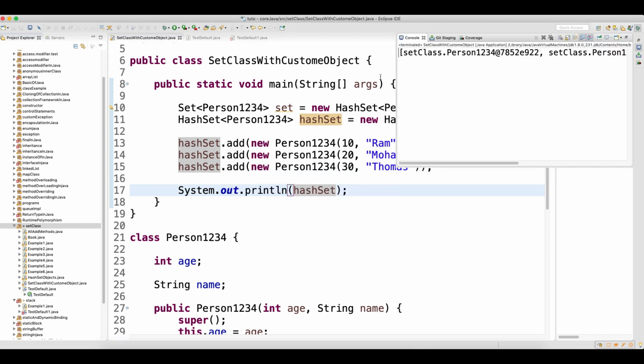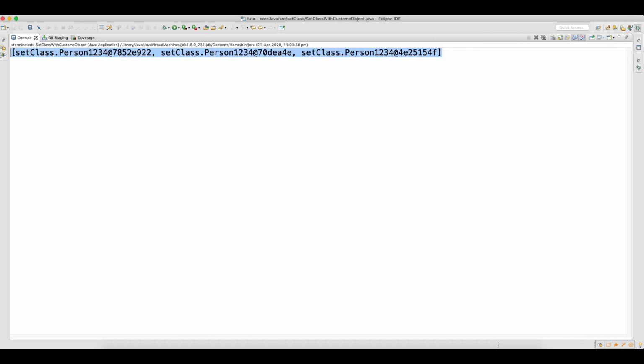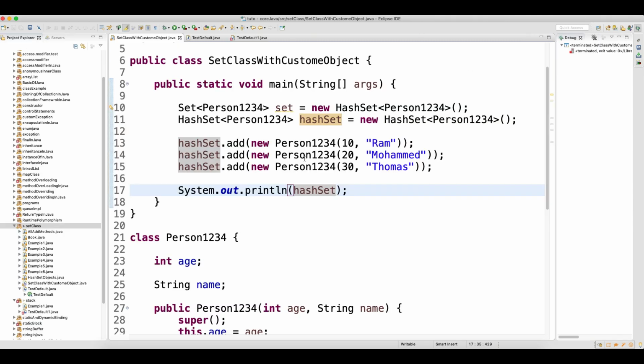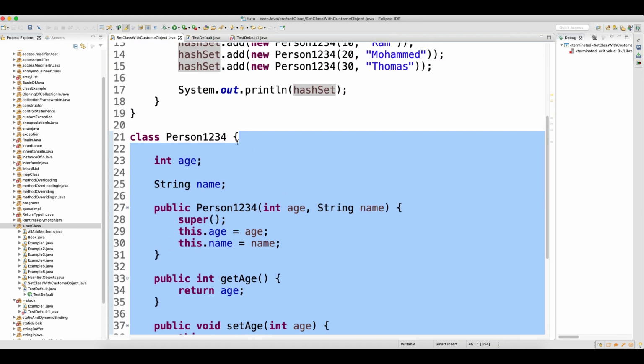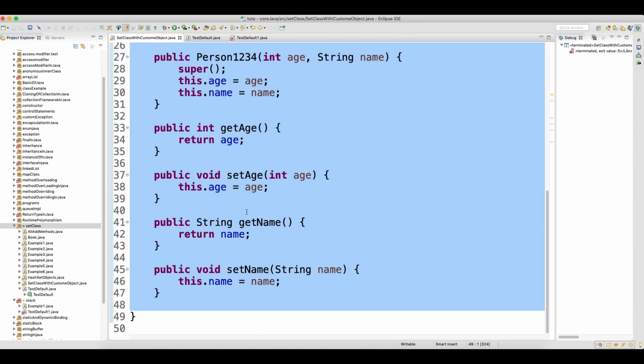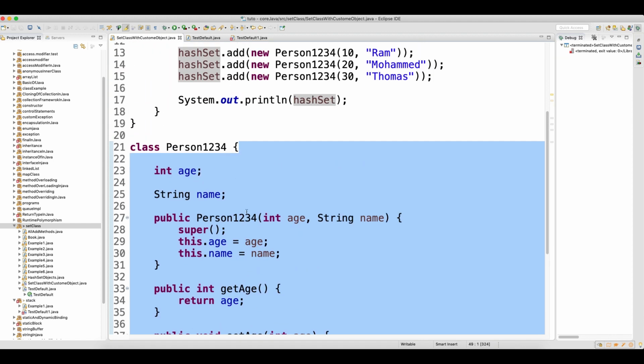But the problem here is that you can see the object is getting printed. The reason is that the toString method is not overridden in your custom class, so it will not print the data.